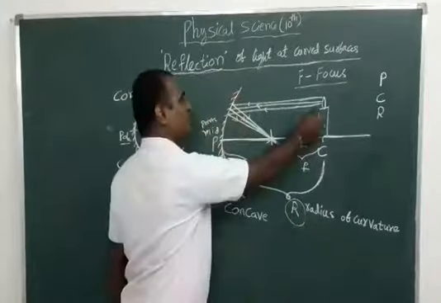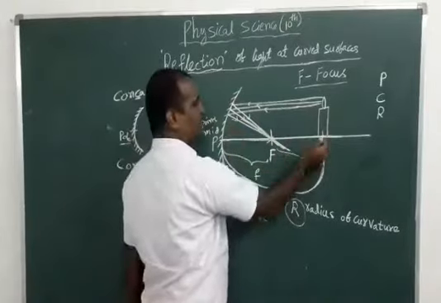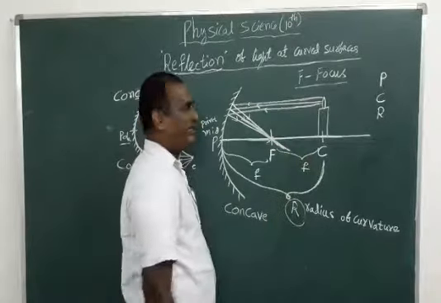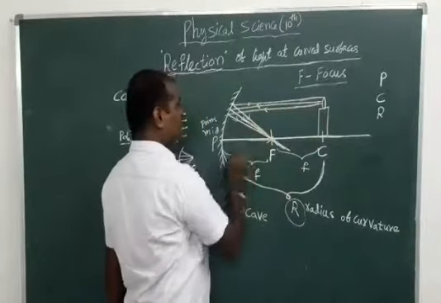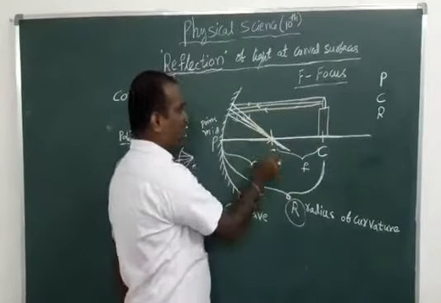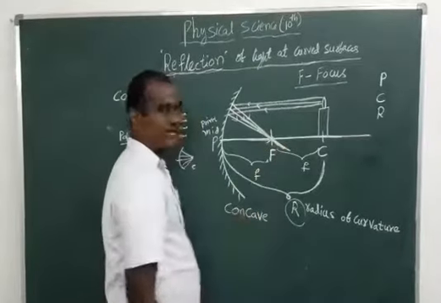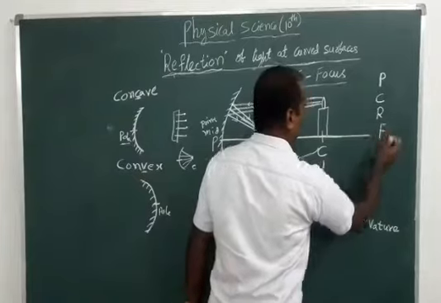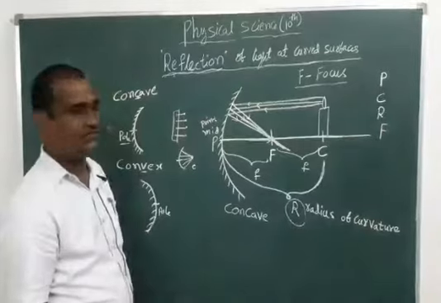By using the reflector light rays, if you put a candle at a point, simply I have taken the center of curvature. At any point you can put the candle. These light rays, after being incident on the concave mirror, are reflected. When they are reflecting, all the light rays should pass through a point, that is called focus. Over. Fourth point, focus is also found.